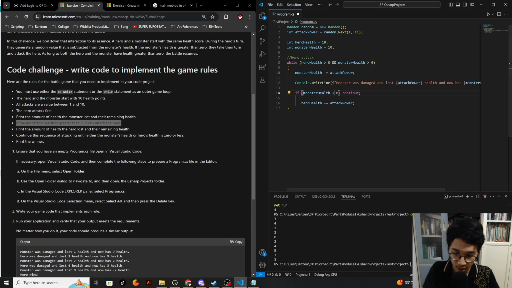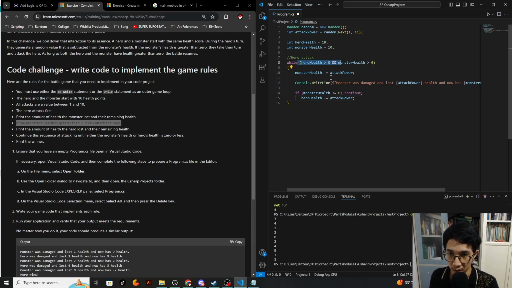I think this should be vice versa, so let's make it like this. If the monster health is less than or equal to 0, then it will continue to the next iteration. If the monster health is greater than 0, then it will do the remaining statements. Okay, I got it. So this one should work